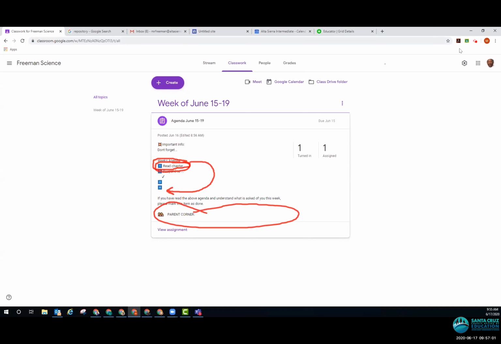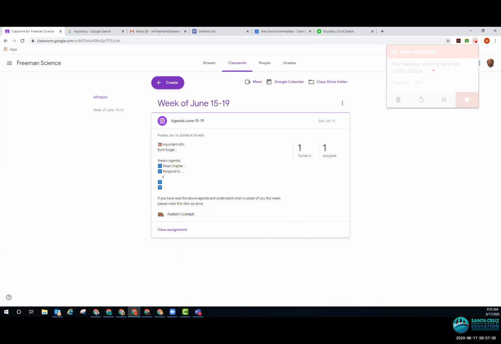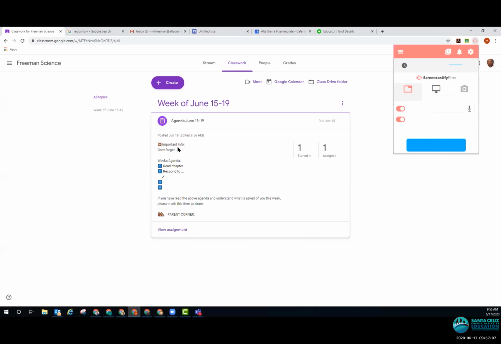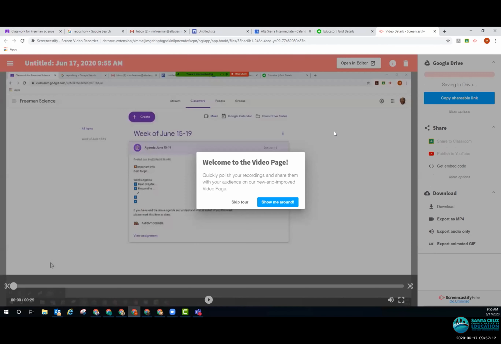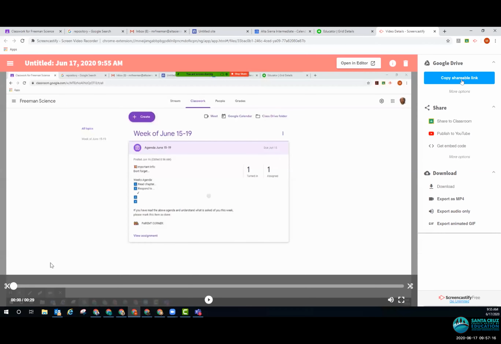And so from here, we would then just stop the recording, and it automatically uploads to your Google Drive. You don't have to do anything. And this is what you do. You hit copy shareable link,